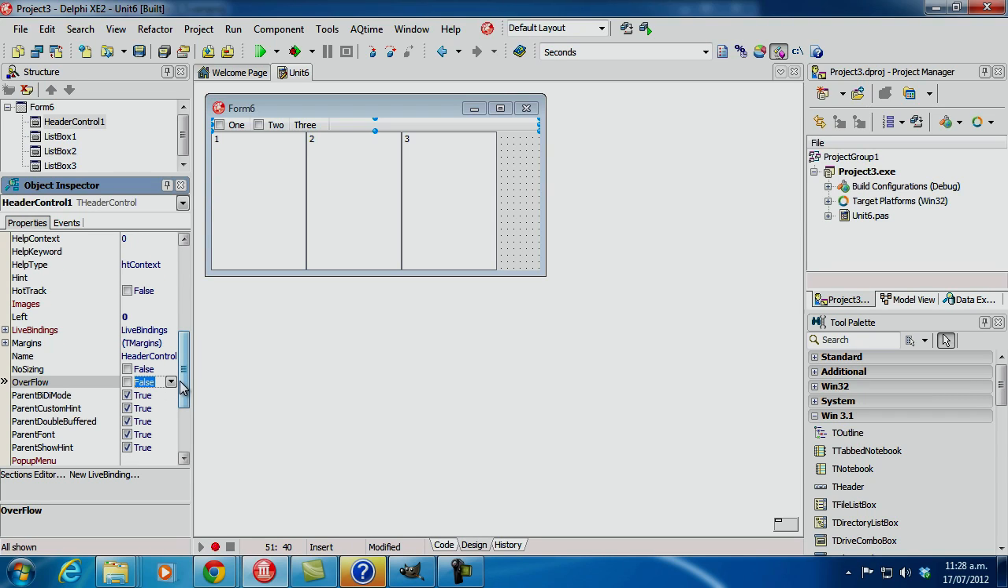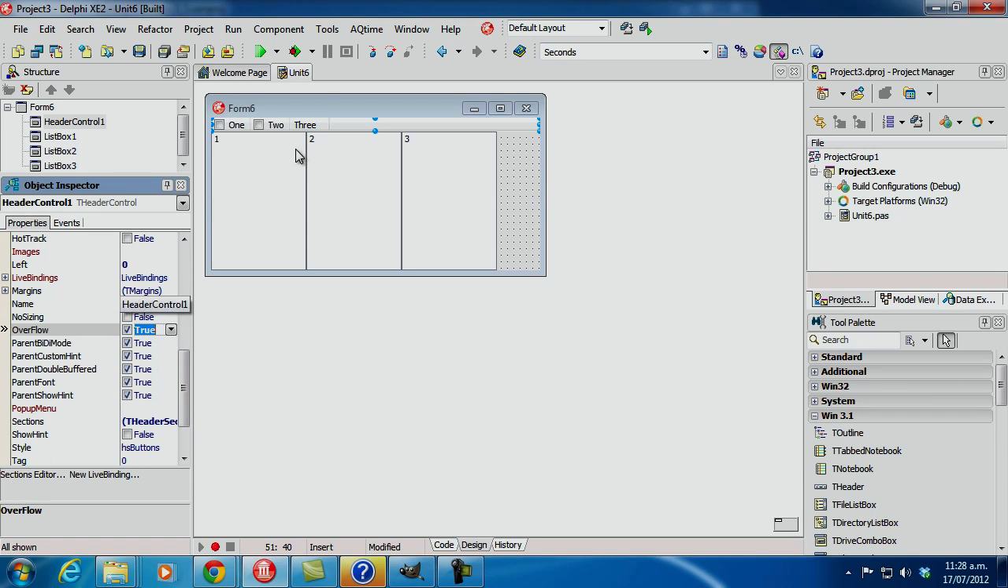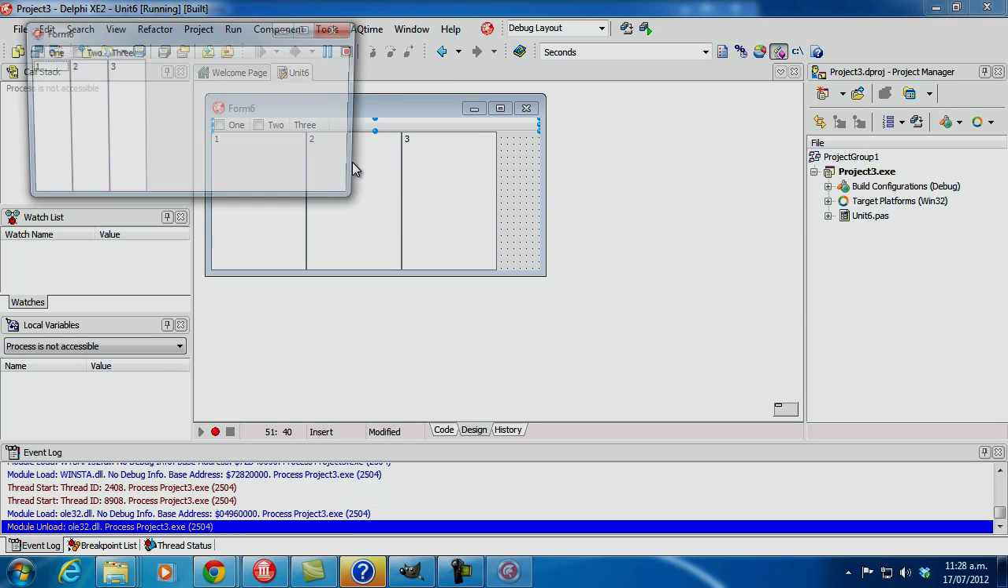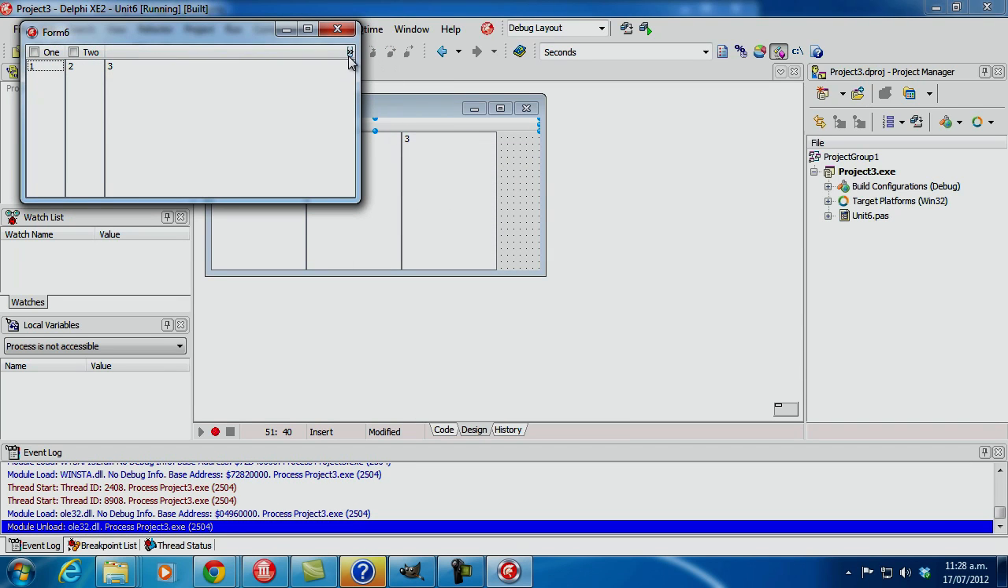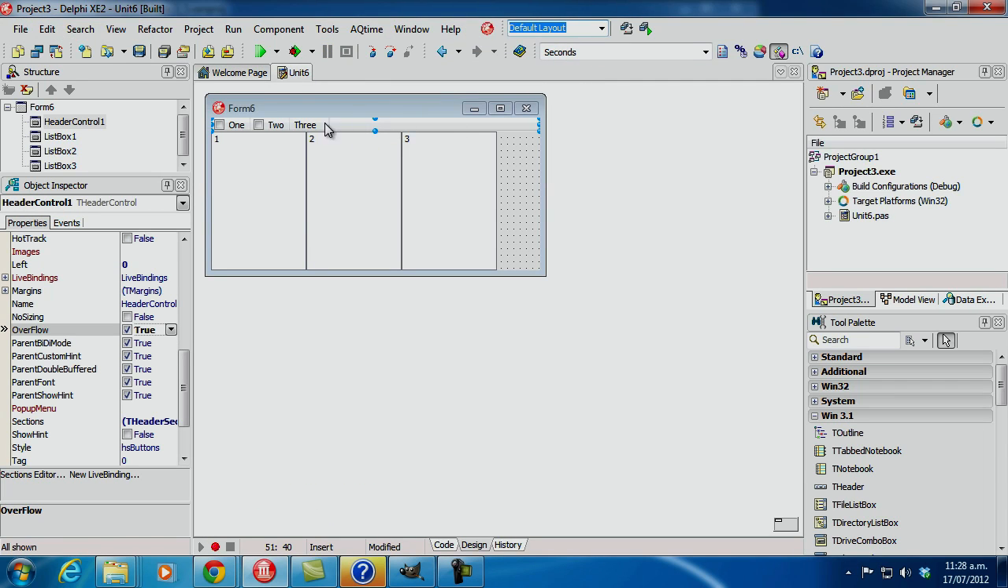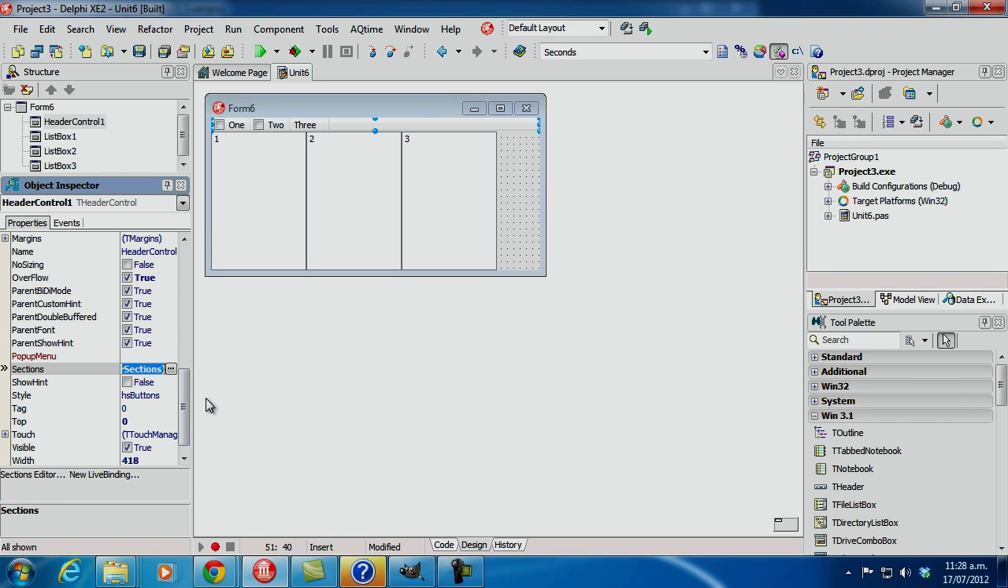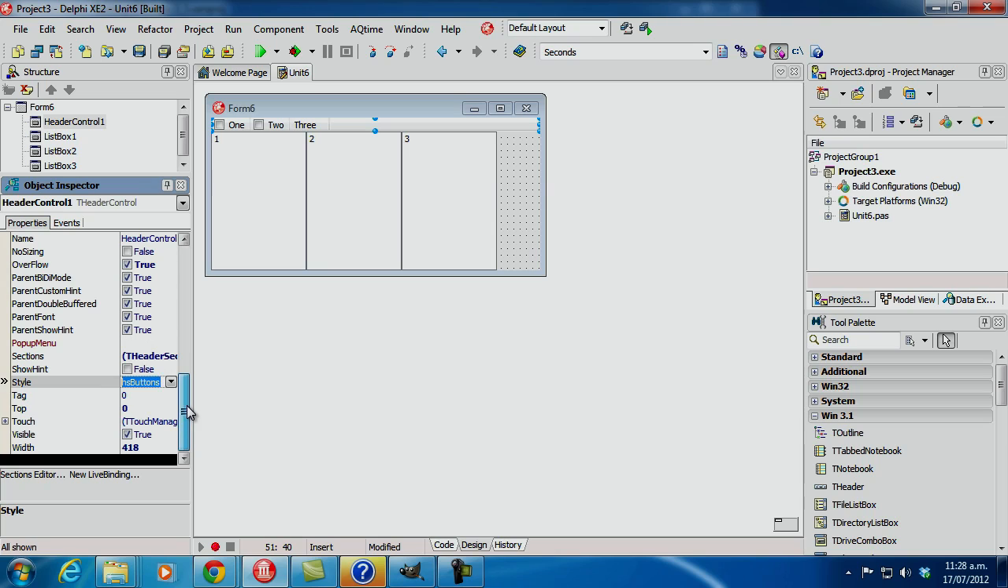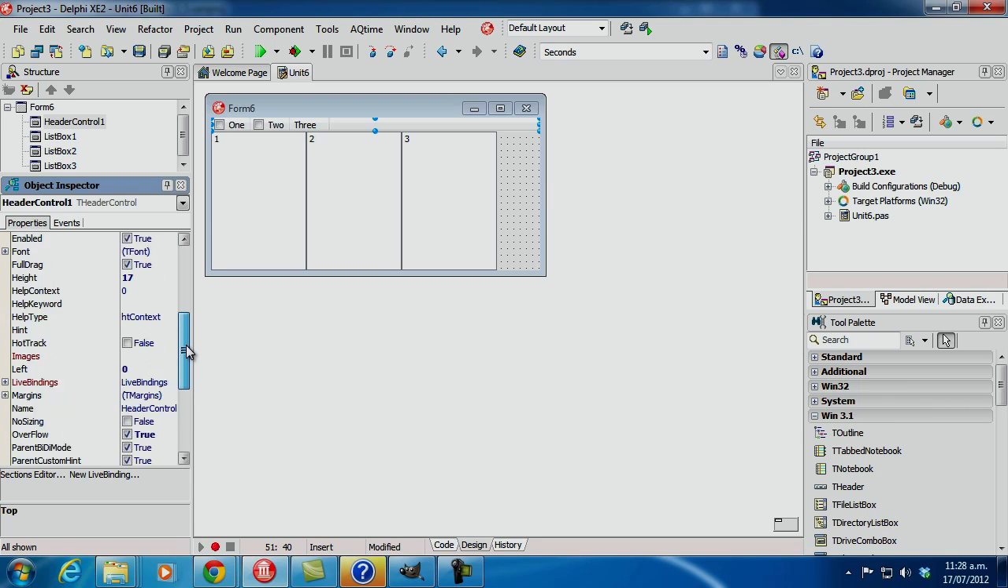There's an Overflow. If that's ticked, when a section is sized beyond the edge of the form, we get this little indicator, which disappears if everything's within the width of the form. Of course, our Sections property, the Style property, we've got buttons and flat, and you need to disable VCL themes again to make that do anything, so it's probably best avoided. So I think that is all the public properties, apart from Images,